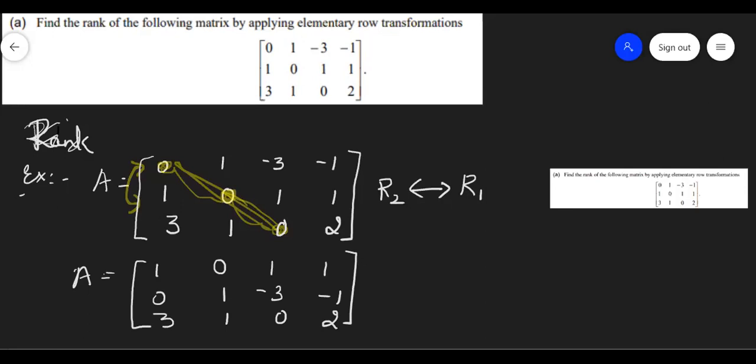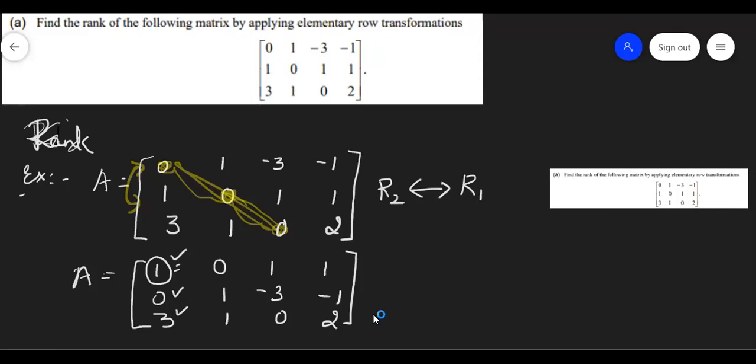Now, first we'll think of this element. With the help of this element, which is lying in first row, first column, we'll reduce the below elements also as 0. Now, this is already 0. Is it necessary that I have to reduce it as 0? No, it's not required. So this element is already 0, so no need to reduce it. Next, we have to reduce this 3 as 0 with the help of this 1. So operation is to be done for which row?